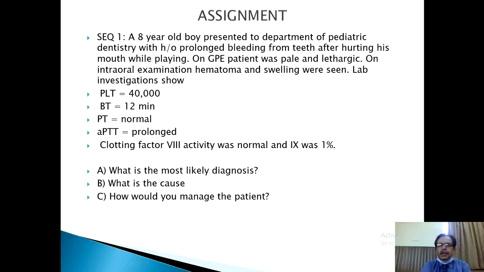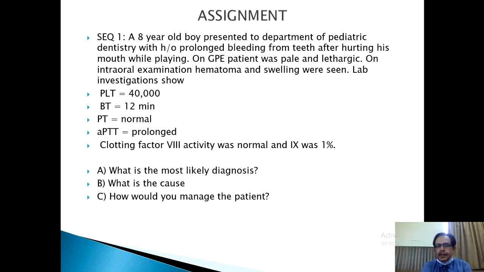Now finally, you are doing well, you are solving the assignments. It is the standing order of the chairman that mark this only those students who solve the assignment within the stipulated time, which is 45 minutes. Now the first assignment, today's assignment is 3 SEQs. The first one is that SEQ 1 is that